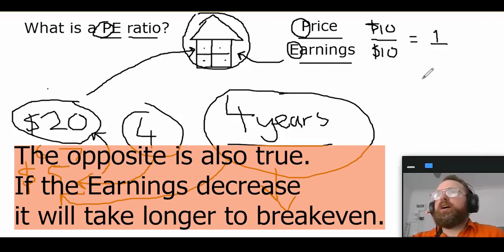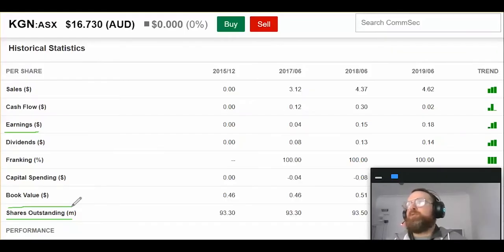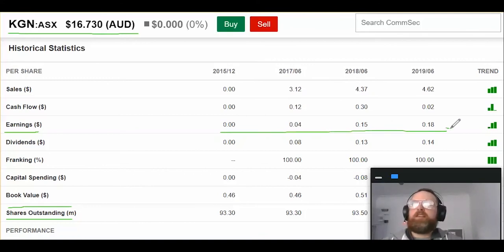Okay, let's do an actual example. For this example, we'll just use the reported earnings. So you can see I've just selected Kogan, which is on the Australian Stock Exchange. It's the same concept whether you're in the States or any other country really. Kogan's similar to Amazon in that it's an online retailer, and it's quite big here in Australia. It's had a pretty good growth run, and you can see